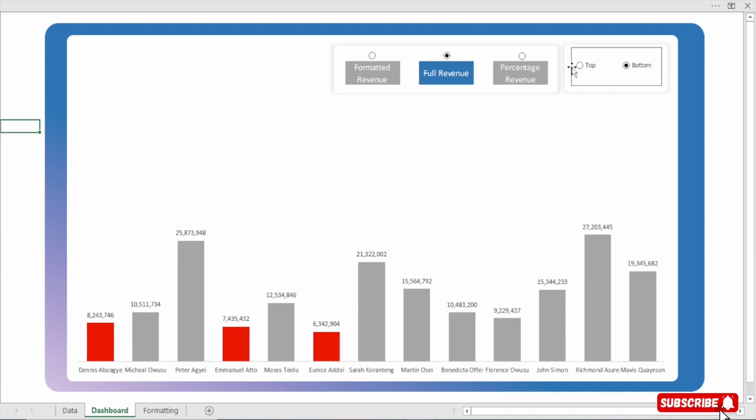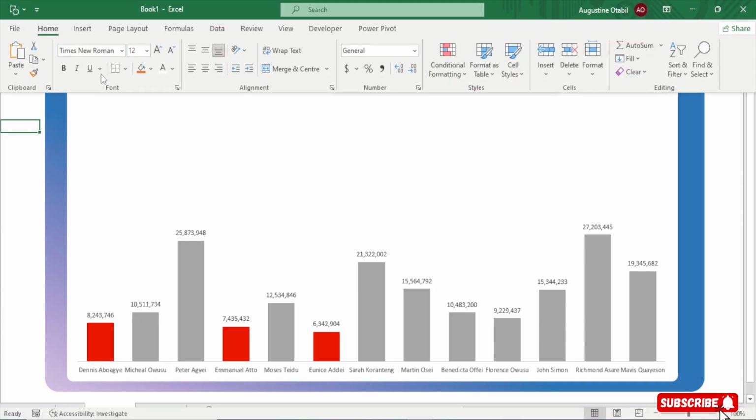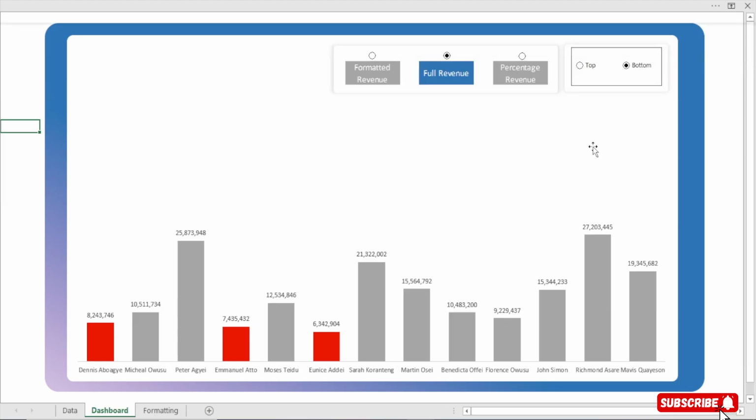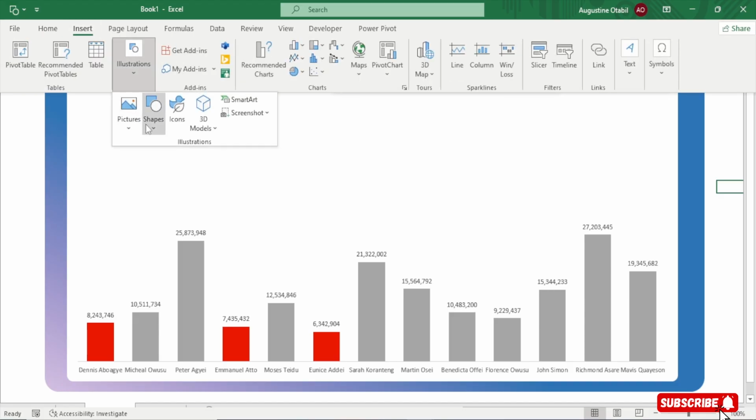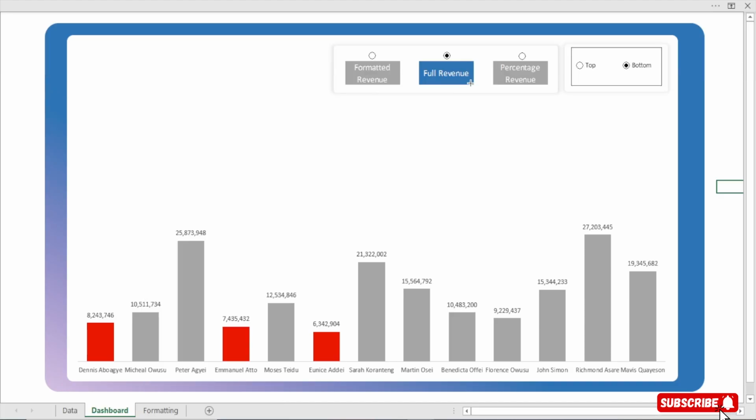So before we correct the cell link, let's hide this black label here. I can duplicate this. No, let me insert a new shape. I'll go to Insert, Illustrations, Shapes, and bring in this shape. I'll drag it over it like this.